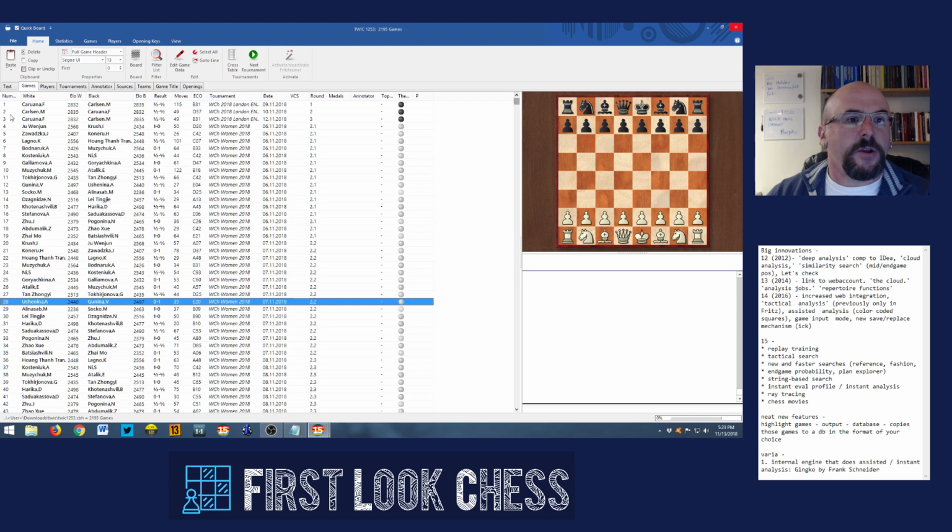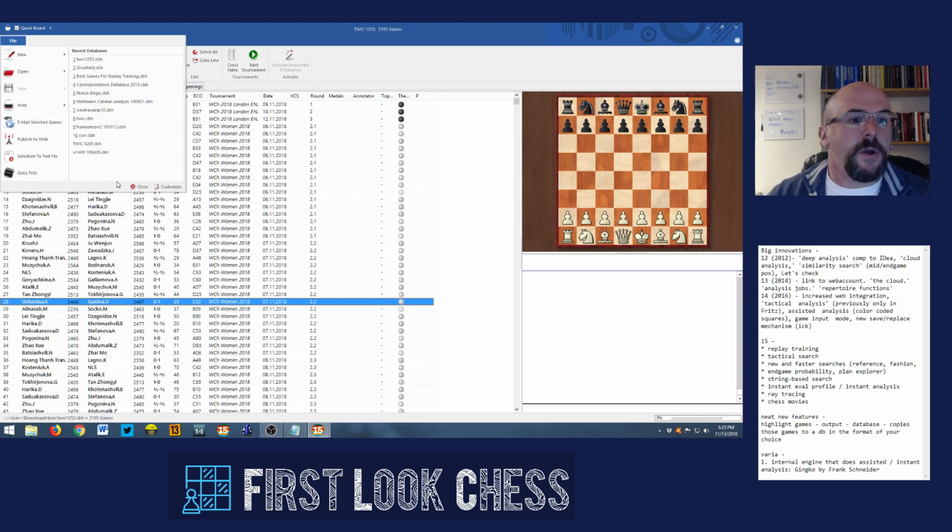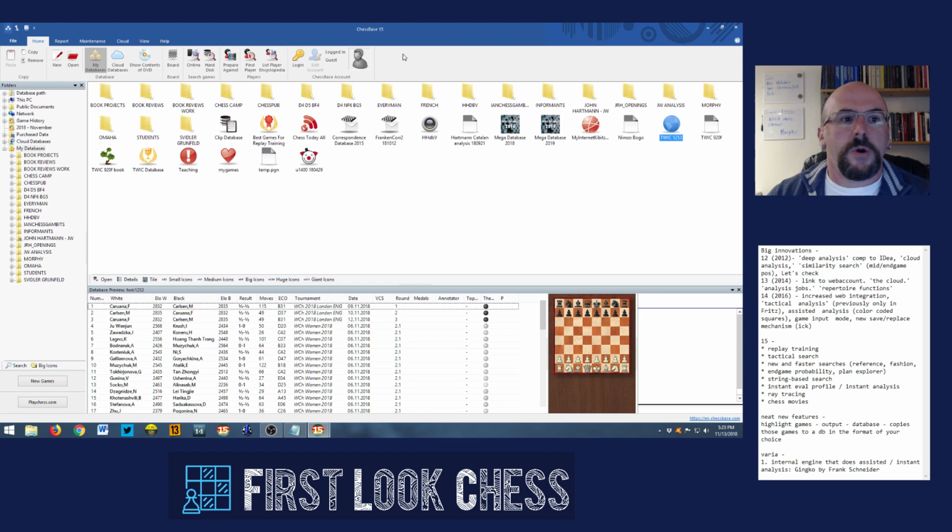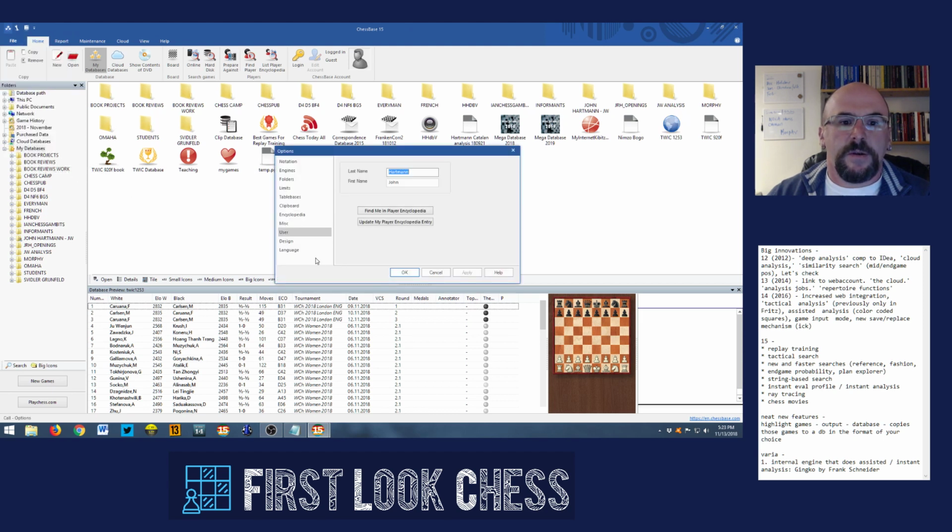And let's take a look. By the way, you'll notice that for those of you who have used ChessBase for a long time, there's some tabs missing here. There's some search keys that are missing. I know search keys are not as popular as they used to be, but they still have some value. So if you go to File and Options,